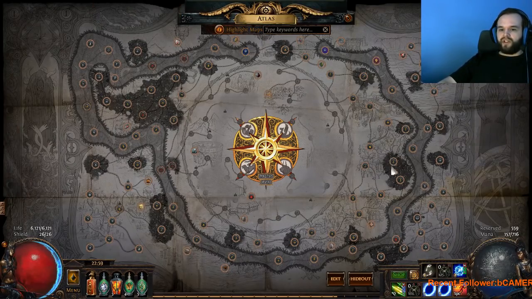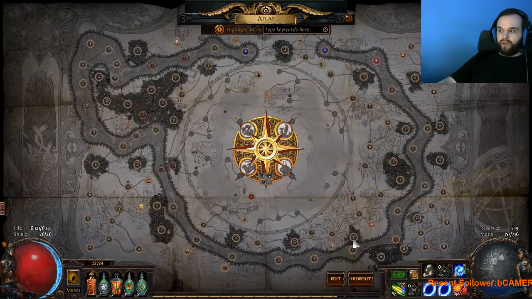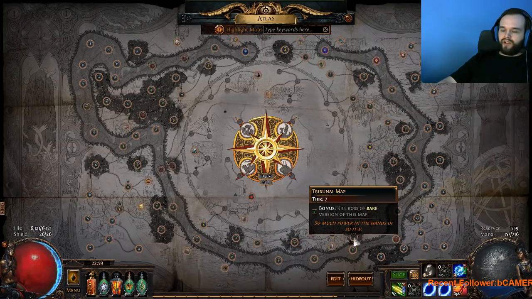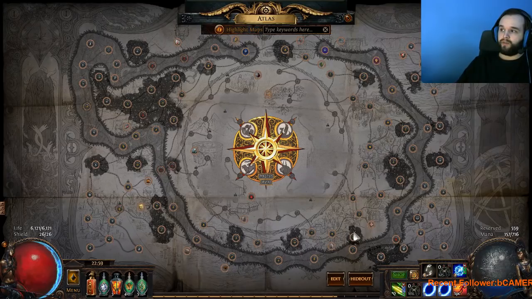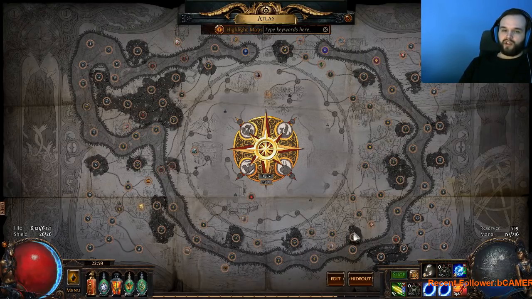It hits almost every single map I want. Unfortunately, I can't do Tribunal with Elder influence, but I might end up later switching this back to Shaped Tribunal and just doing it with Shaper influence, something I've been testing today, which Carvarustu brought to my attention. I'll link his Twitch in the description of the video, but